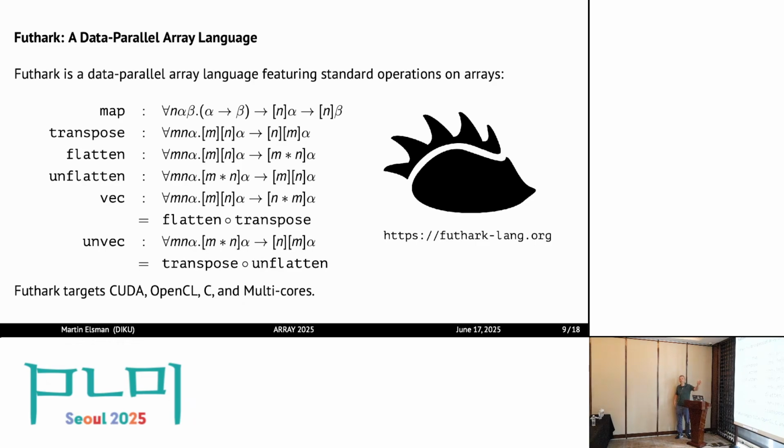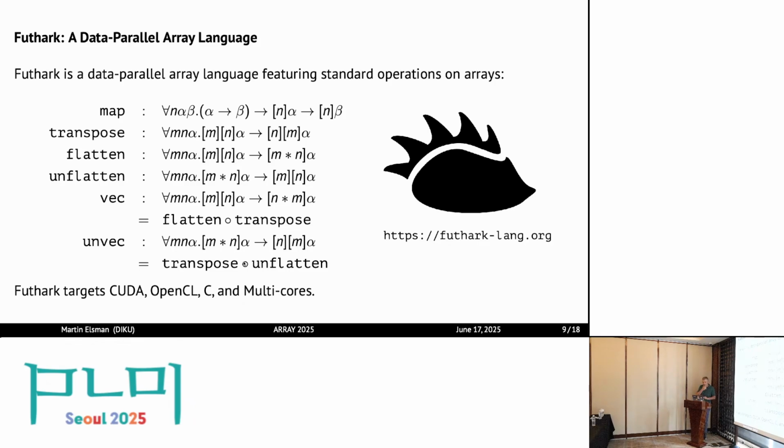We can of course extend this ourselves, and in Futhark you can pretty much write a notion called vec, for vectorization, for vector, saying that here we take something of m times n, and then we produce something of n times m. Notice here that these sizes have been swapped. This is equivalent to flatten composed with transpose. And similarly, you have the unvec operation, which is transpose composed with unflatten. So basically, where flatten and unflatten work at rows, vec and unvec work with columns.